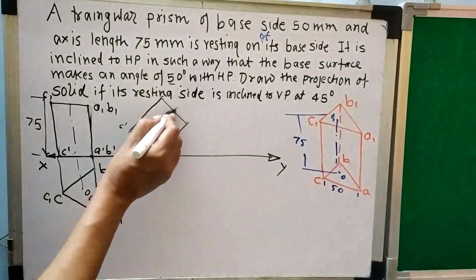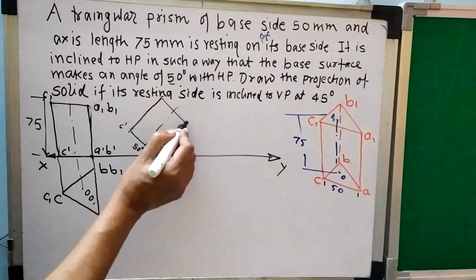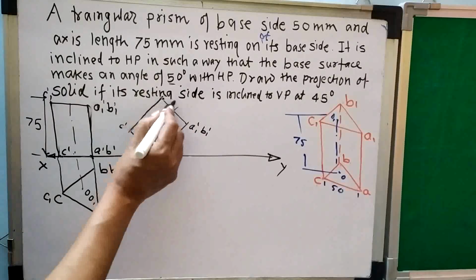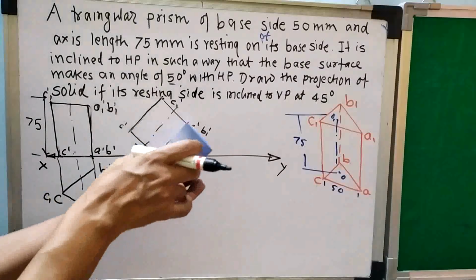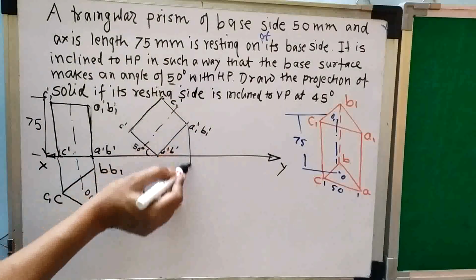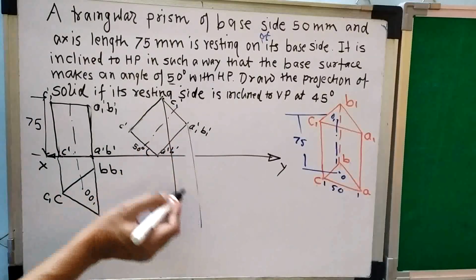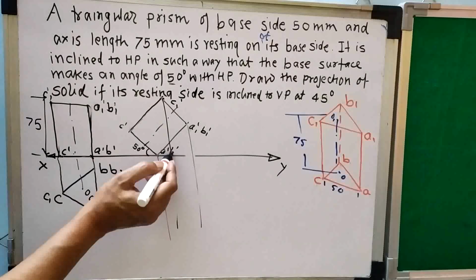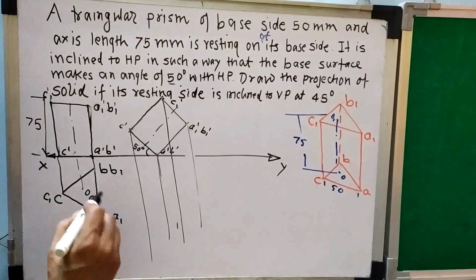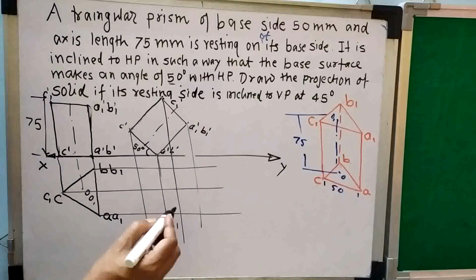Okay, so this is the axis. So this is the A dash, B dash, C dash surface, and this is the A1 dash, B1 dash, and C1 dash surface. So I have turned this surface like this, and now I see from top. So when I see from top, this is projected down, this is projected down. These projectors should be perpendicular. So these are projected down, and then we'll draw a horizontal line from this. Now I will get the corresponding point.